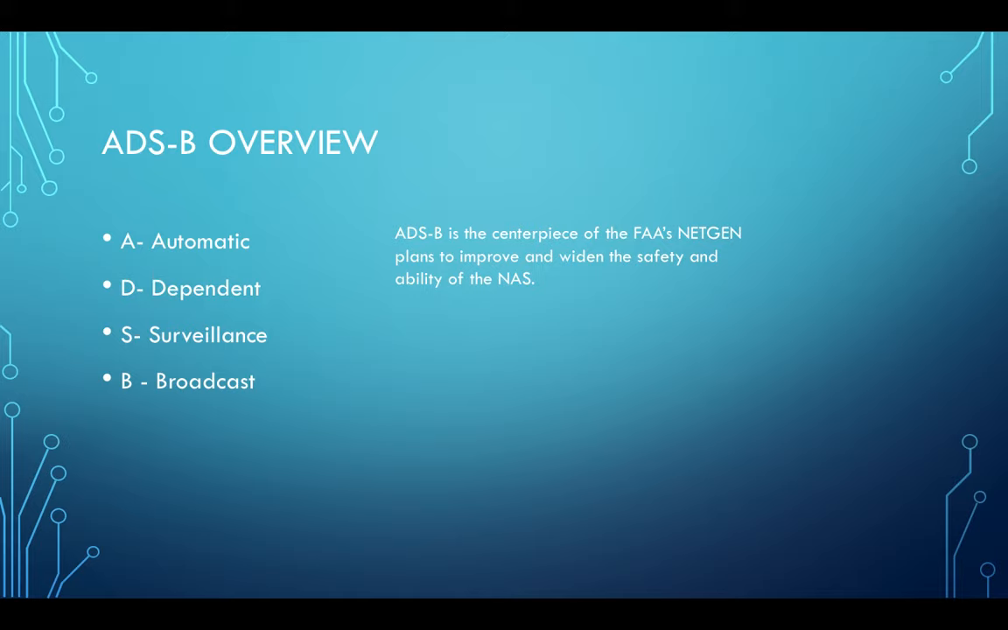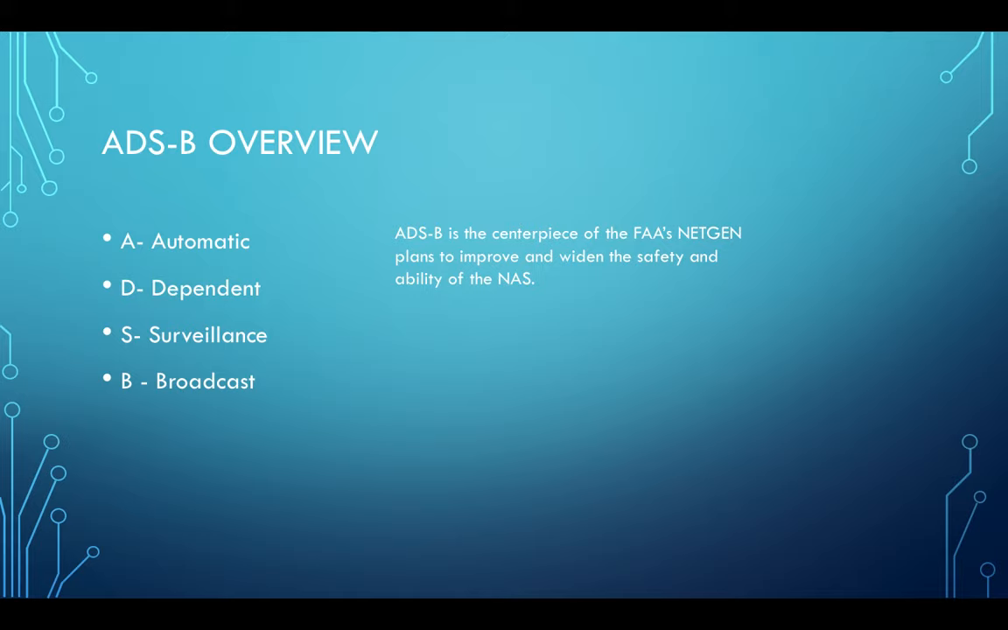Now that's kind of a two-way street, which is unique in the history of the NAS, the National Airspace System: the surveillance is now a two-way street. It's not just surveillance equipment that can be used by ATC. It's also available to be used by pilots. The broadcast, the B, simply means that it relies on standard radio waves to broadcast the information both to ATC